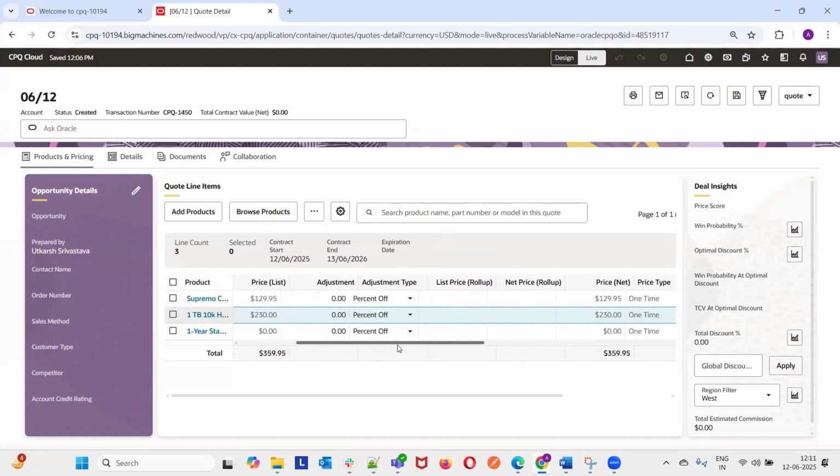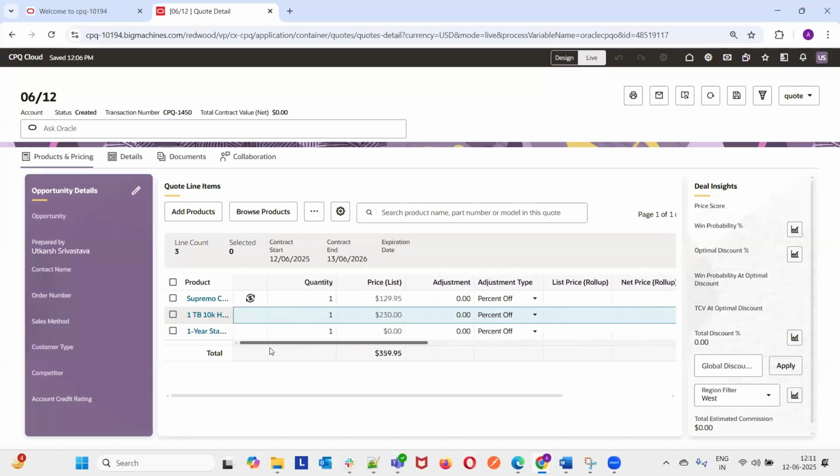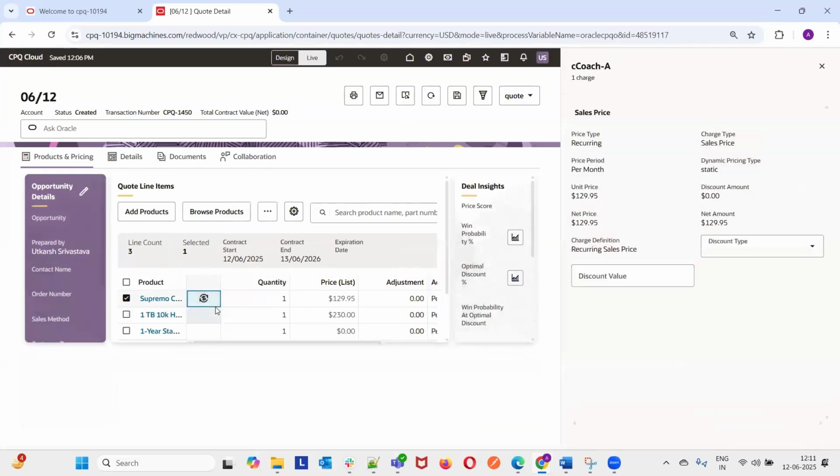The line item data is loaded dynamically, hence it is useful for maintaining the performance even when large data set is being added in the quote. So that is the one benefit. The next one is this charge icon against the product. So user can click on this charge icon and see the associated charges to that product. So yeah, user can see and view the charges associated with that particular item.